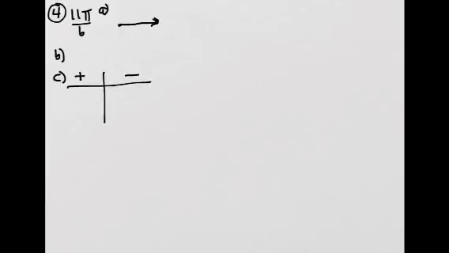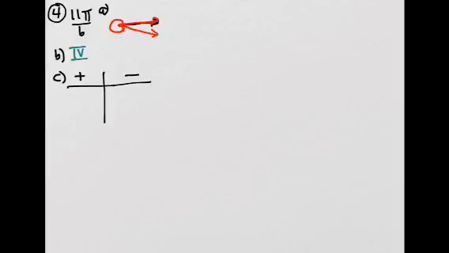Okay, so for number 4, we're going to draw the angle 11 pi over 6. So it happens to be one of the special angles, so you guys should all be familiar with where it is. So here's the 0, and 11 pi over 6 is approximately right here. So it's in quadrant